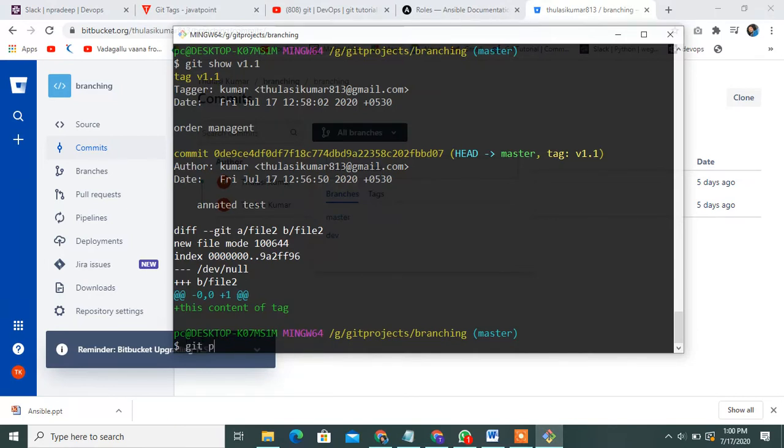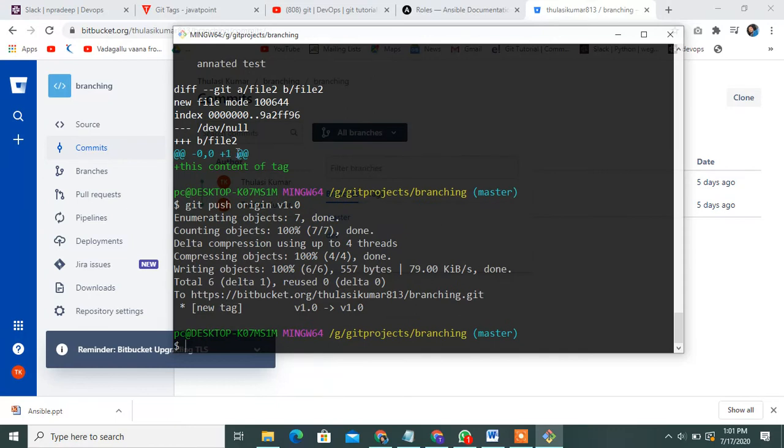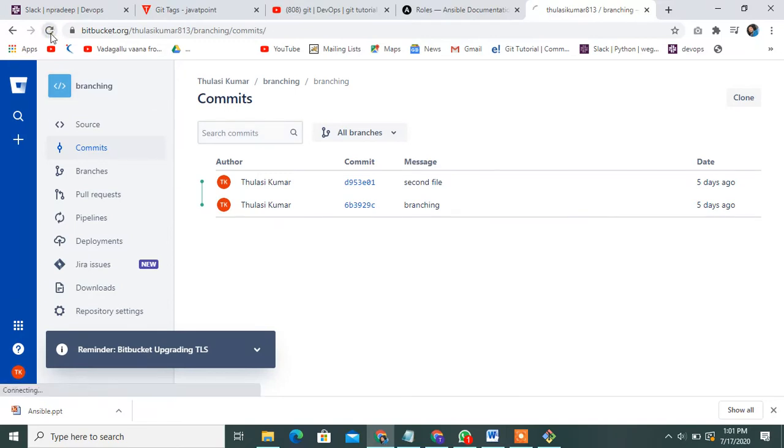Git single tag also, yeah, is successful. Can once refresh it.